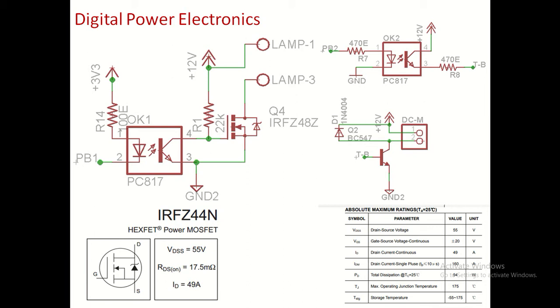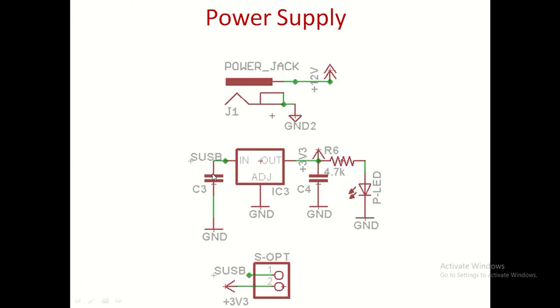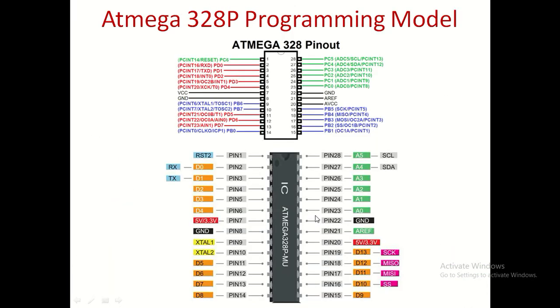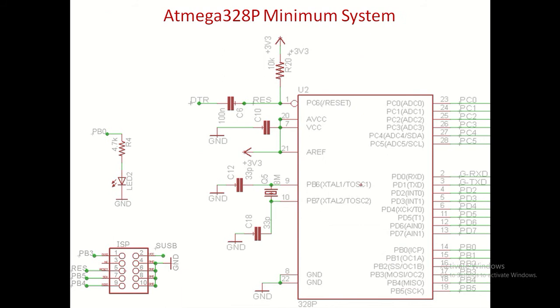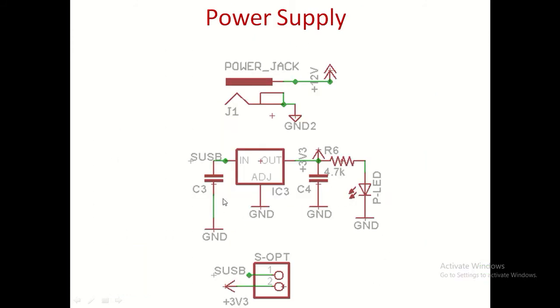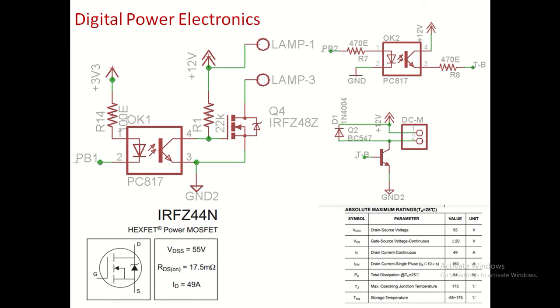And optical isolation means this ground, remember ground 2, and in the previous slide this ground is different. This is a digital ground. If you look at the microcontroller, this ground is different. Everywhere you can see the microcontroller ground is a digital ground. And here, when I mention power electronics, meaning IGBT or MOSFET, all these devices, this ground is different.